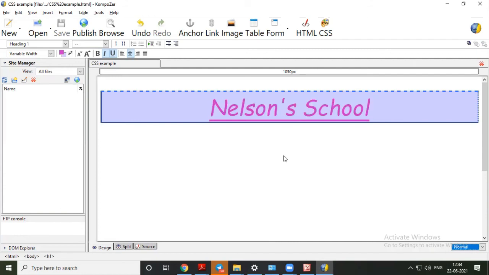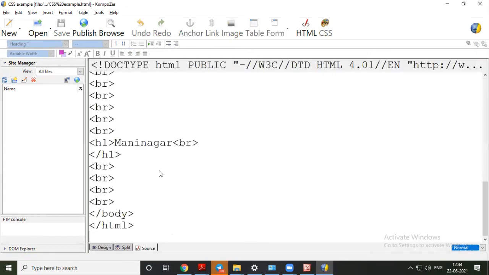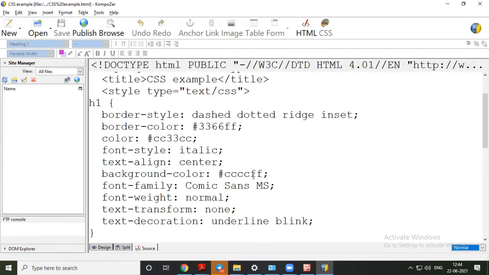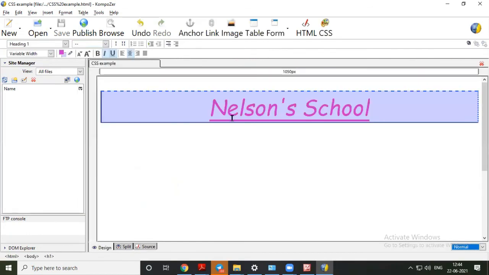For H1 we have created one style, and now even if we want to use it 500 times, we can use it instantly without coding all this code again. So we have done this effort once and we can use it as many times as we want.